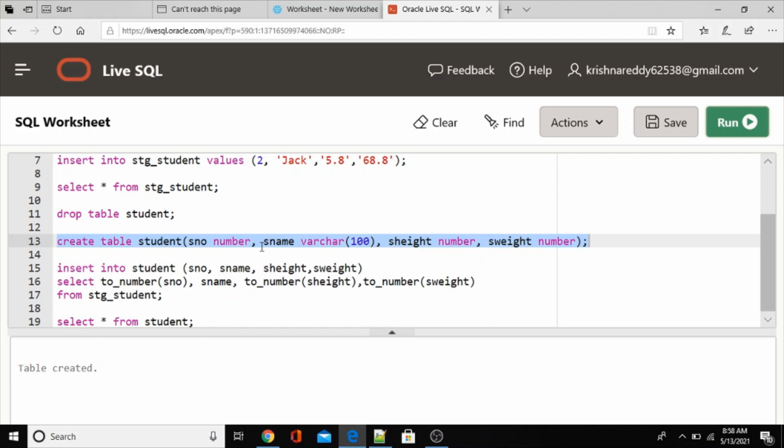Please note that here in the student table, s number is the number, s name is the varchar of 100, and s height is the number, and s weight is the number.